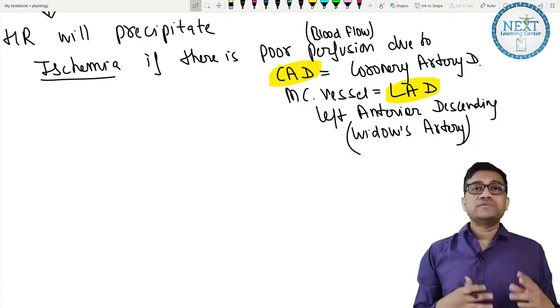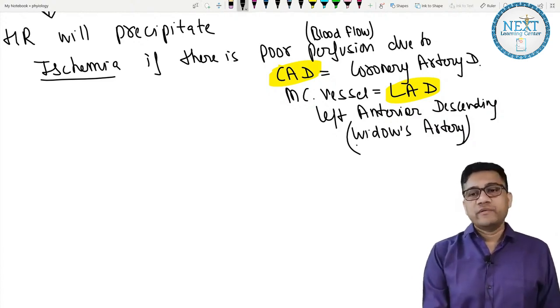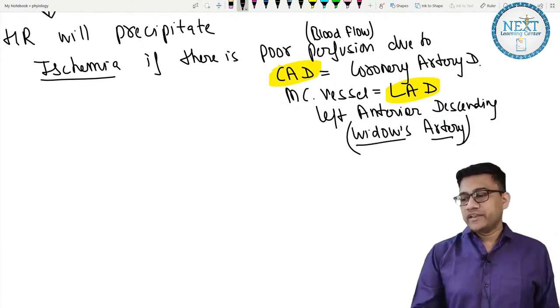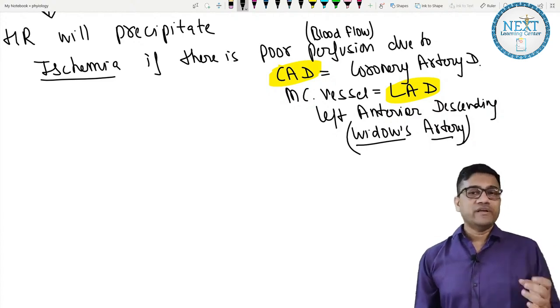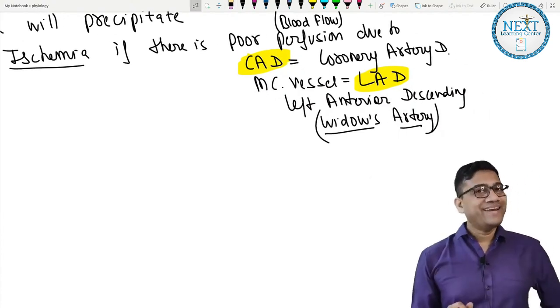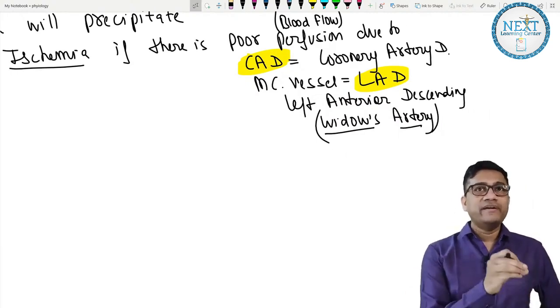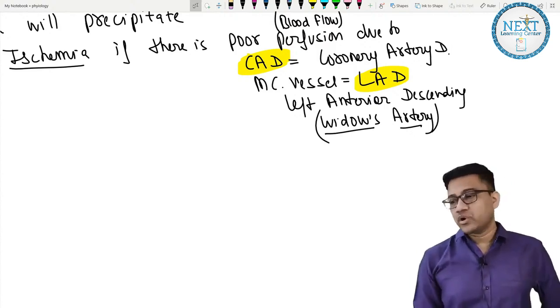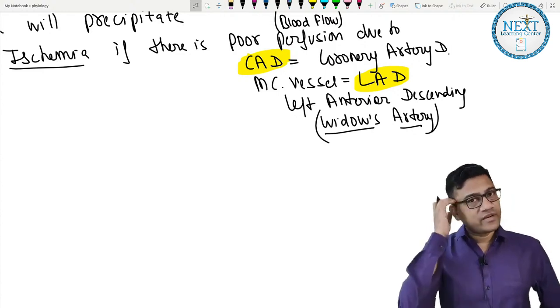A person who is dying of this coronary disease in the form of myocardial infarction, what will be the artery which is very commonly involved in this case? It is the LAD. So the husband will die and the wife will become a widow. So which artery makes a married woman a widow? Answer is LAD. Are you clear now? So LAD-CAD is the funda, okay.